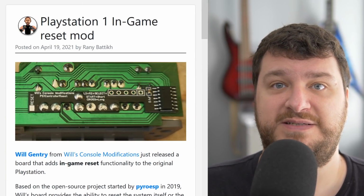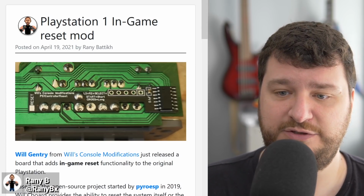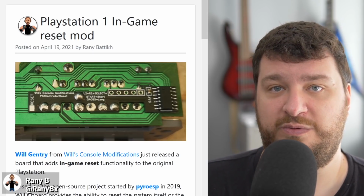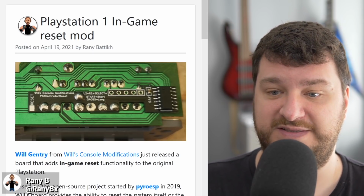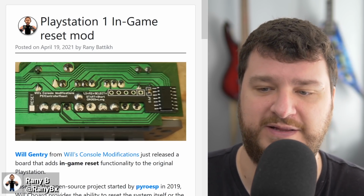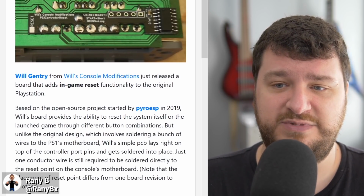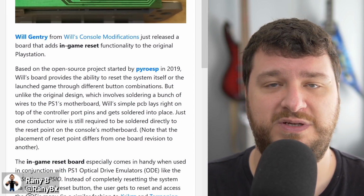Will's Console Mods is now selling an in-game reset board for the PlayStation 1 that allows you to hit a button combination in order to reset the console without having to get up and hit reset or power cycle your console from the buttons itself. This is based on an open source project started by Pyro ESP, hopefully I'm saying that correctly, back from 2019, and it seems to be a really good option for anybody that wants that, because while the PlayStation 1 Digital